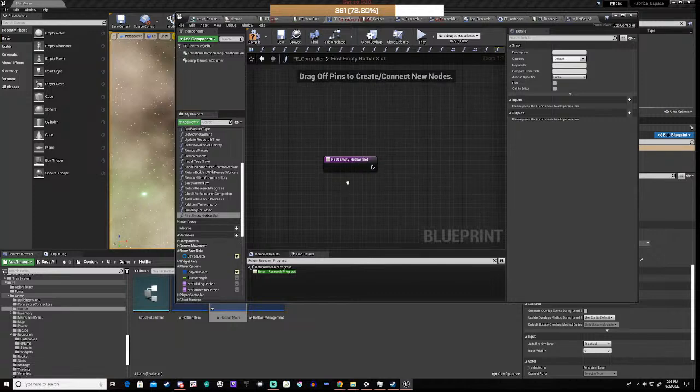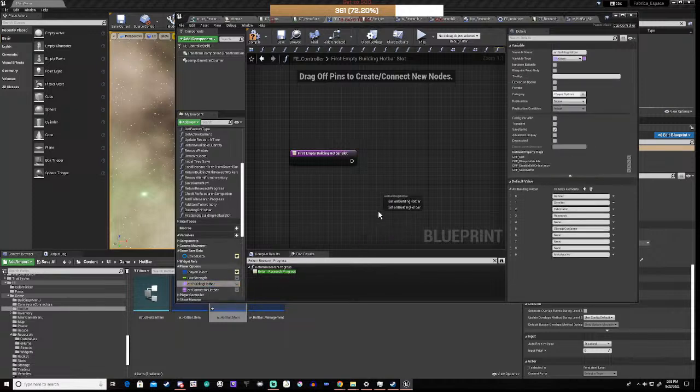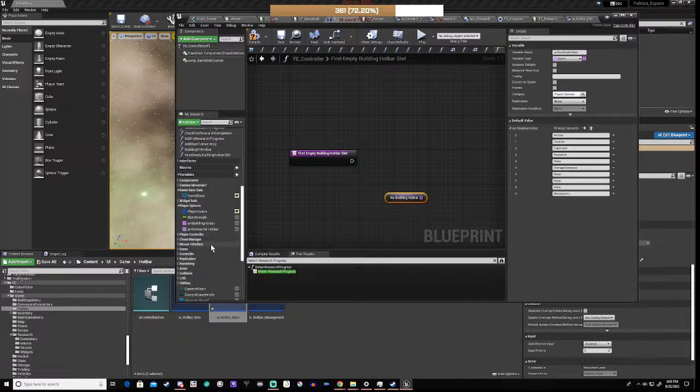Okay, and we should really call it empty building hotbar slot, right, and we get this and we get it,